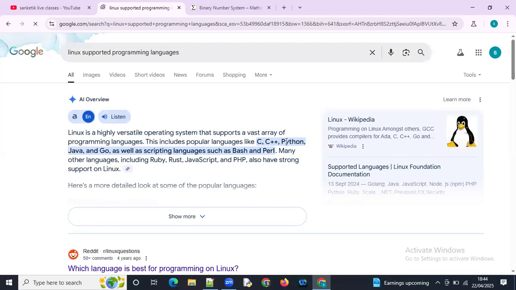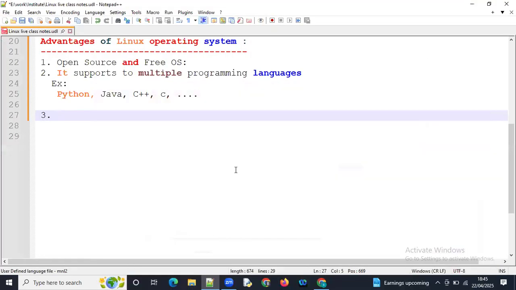So here C, C sharp, C plus plus, Python, Java. These are the Bash and Perl. These are also some of the libraries which are supported by the Linux operating system.